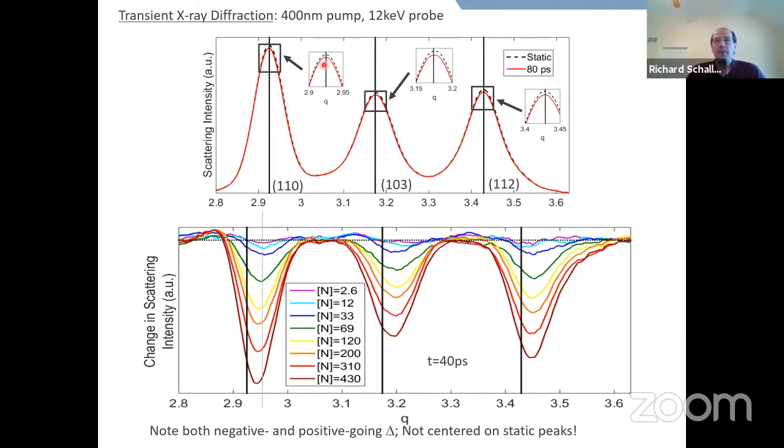essentially, where dashed here is what the X-ray diffraction pattern looks like for this range of Q values corresponding to these different Miller indexed planes of quantum dot nanoplatelets. And the dash is static. And then when we come in and photoexcite the system, you see that the red trace comes in and the X-ray diffraction has gotten a little bit weaker. And so this is something that